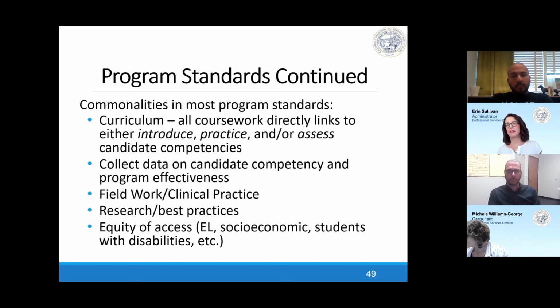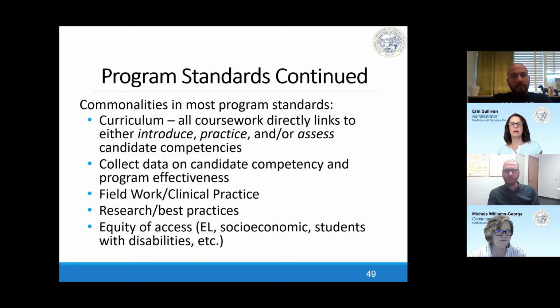Now, if you don't have a set of adopted competencies, we still want to know that your curriculum is up to date, and that the way that your program has been designed is sequential and scaffolded, so that candidates have opportunities to learn the basics and then move through things that are a little more complex as they get through their program, right? You don't want to teach them the most complex thing up front and explode their heads, and then they want to leave the program. You need to get them in there at the ground level and then build upon that as they go through, so everything continues to be logical to them